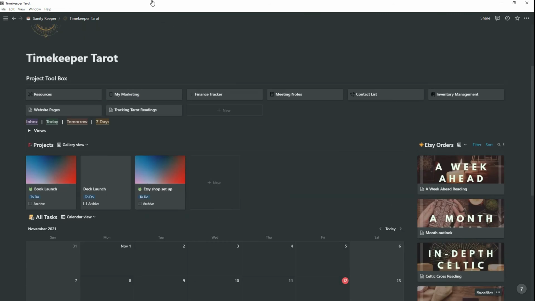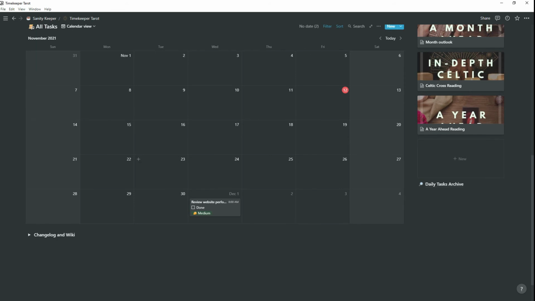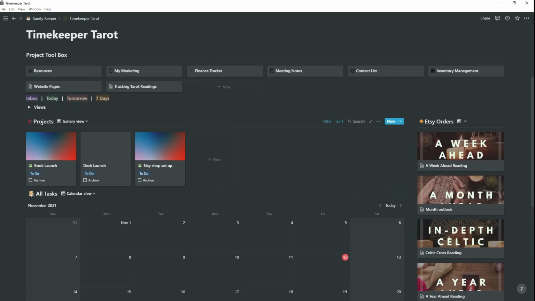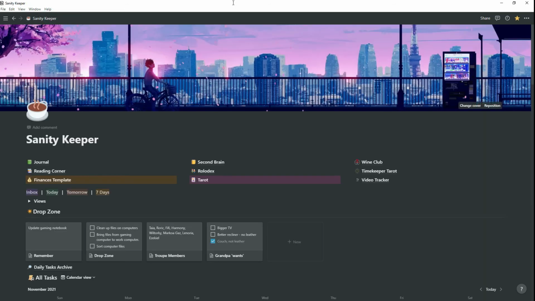This is basically the writing that I have for the Etsy orders, which are still a work in progress. I haven't gotten there yet. But everything else that's under here may not stay. Just being honest with myself, because like I said, everything that I probably need to track that's happening here needs to be on the Sanity Keeper, not in the binder. So this will be more for business internals and not so much the tracking of the day-to-day.